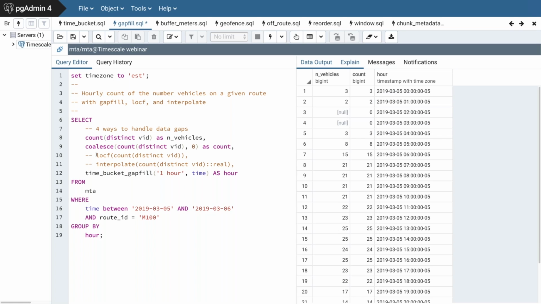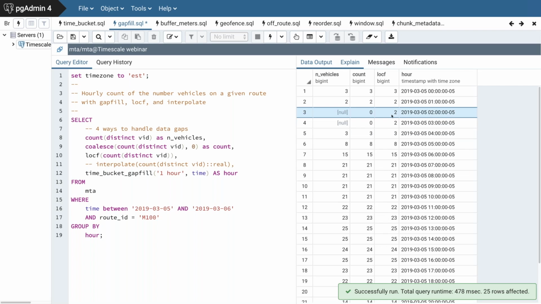Another way we can interpret the data is, well, maybe the data was just missing. Maybe what we want to do is carry the last observation forward. So that's LOCF, last observation carried forward, allows us to do just that. It takes the previously known data value and carries it forward in the event of any nulls. So we see here, we just assume that there was 2 buses on the route in these hours